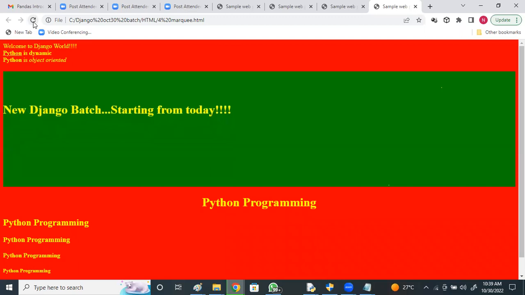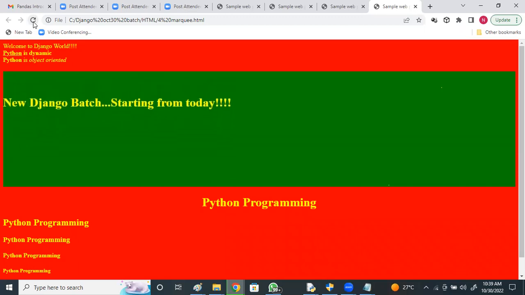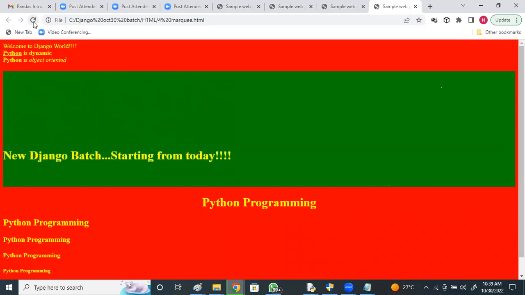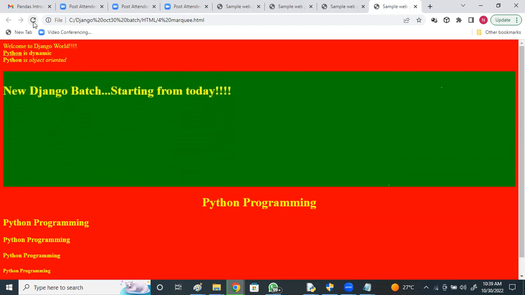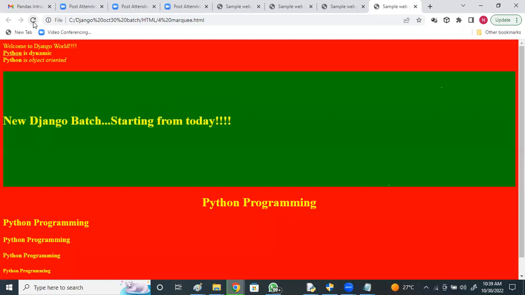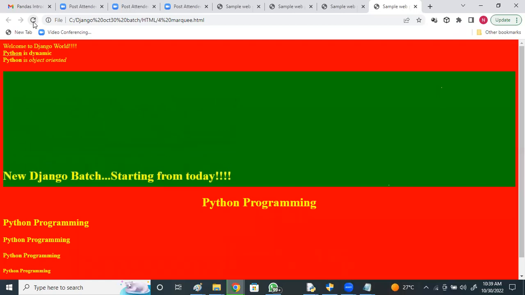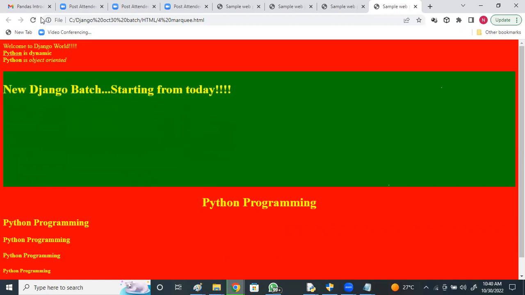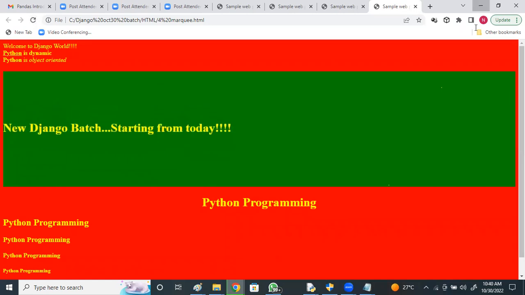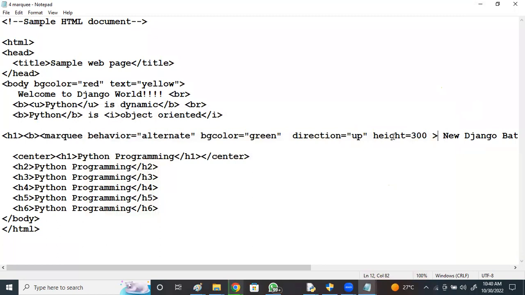So in this way it goes from one side, direction up I have given, right? It will start, go, stop. This is alternate. In this way, you can work with it, right?